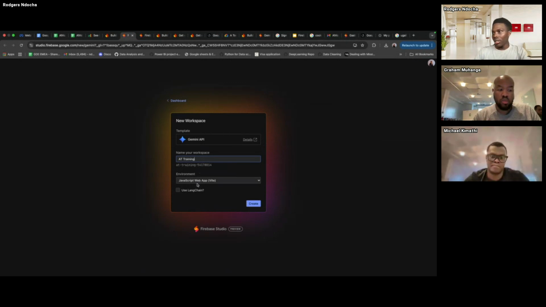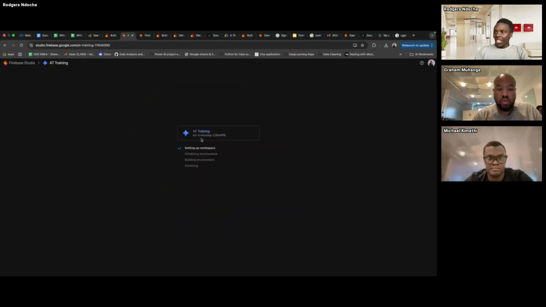I want to use Python for Flask, and I want to create a project. Okay, it will spin up the environment. You can see it's putting all the environment variables and dependencies you need to build your application. That's why we say Firebase Studio comes in handy.